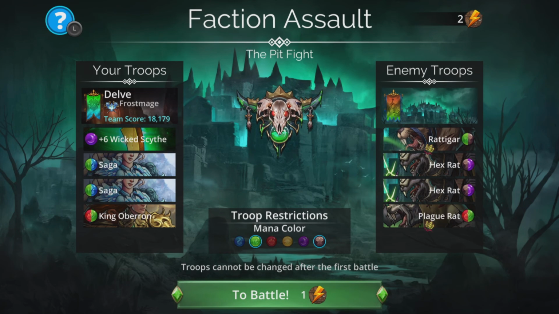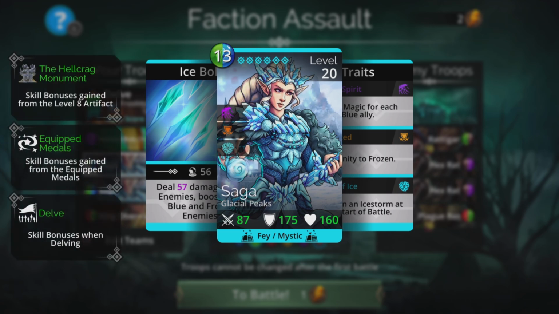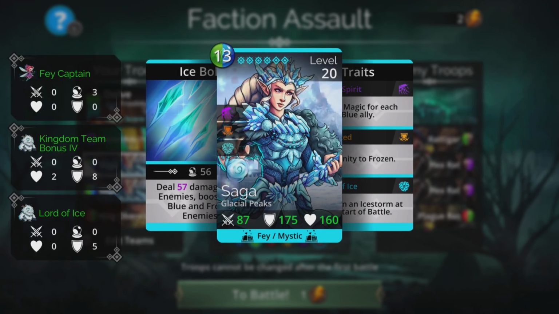For the second team, we'll change things around slightly. This time we're going to use Daenerys from Game of Thrones. I mean Saga. Saga from Gems of War. Definitely nothing to do with Daenerys Targaryen from Game of Thrones at all. No resemblance at all. No inspiration there whatsoever. Absolutely complete fluke. Anyway,